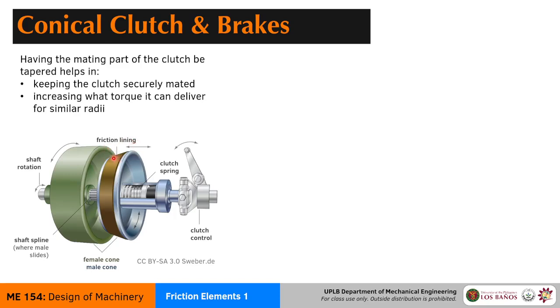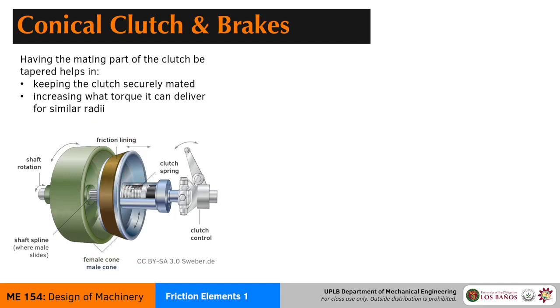Now, the effect of this is that if you have a cone clutch, part of the pressure that is felt by the brake lining will be radial inwards. So you have this kind of wedging effect. So essentially, this shape helps you keep the clutch engaged for much less force, I assume. And of course, if you have a plate clutch that has the same outer radius and inner radius, you will get a higher torque transfer with the cone clutch compared to a plate clutch.